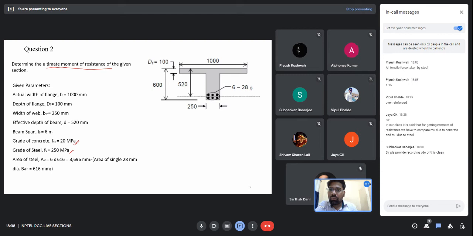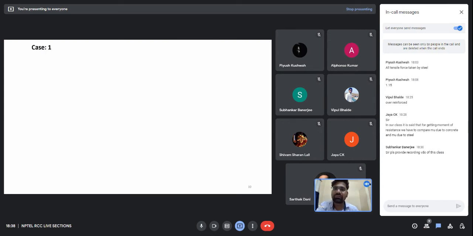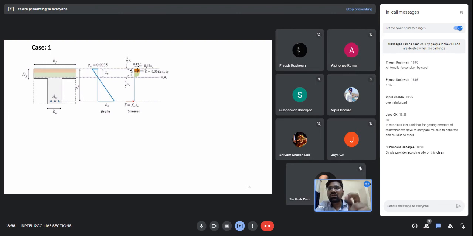Now what we have to do is calculate the ultimate moment of resistance. You all must be familiar that for a T beam we have three cases. I will be explaining what these cases are, just be patient. So this is case one. In case one, our XU, the actual depth of neutral axis, is less than